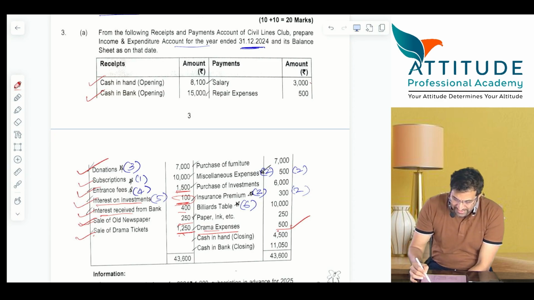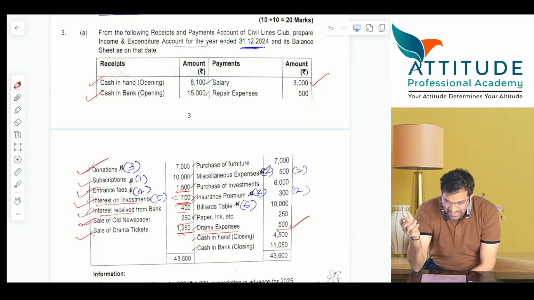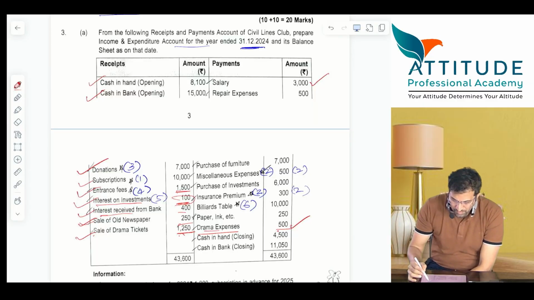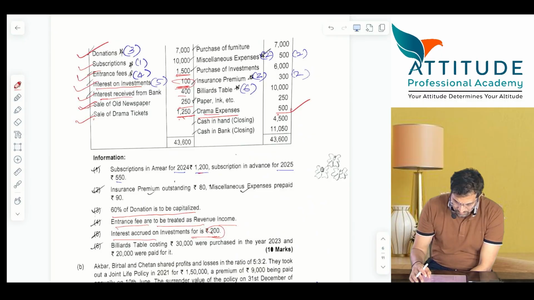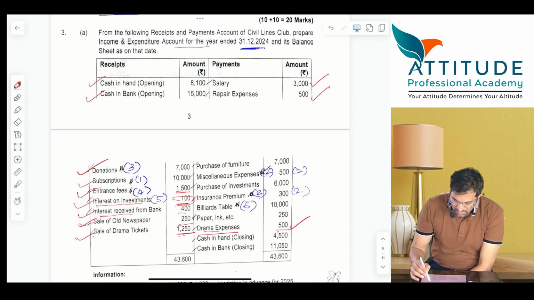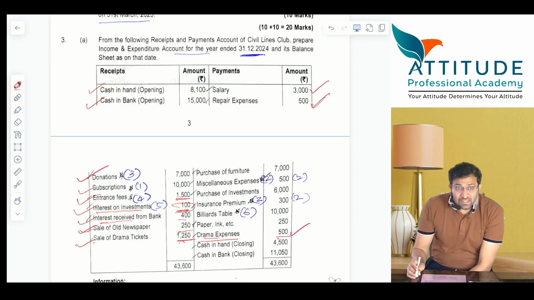Tell me, salary, no adjustment, take it as it is. Where it will come? Expenditure side, debit side, to salaries 3000. Repairs तो रहेगा. Repairs 500, there itself, taken. Next,